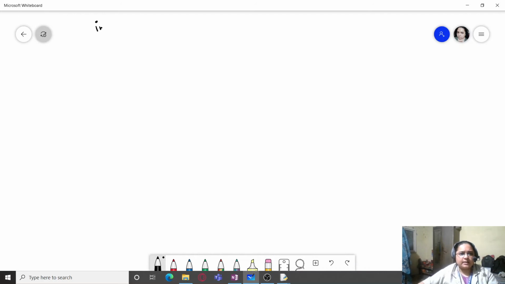We use the from keyword over here: from module name, import object. So from module name, import object.